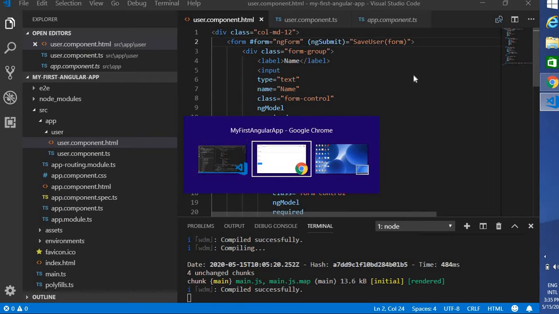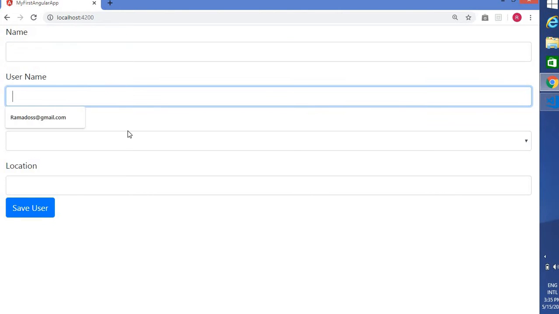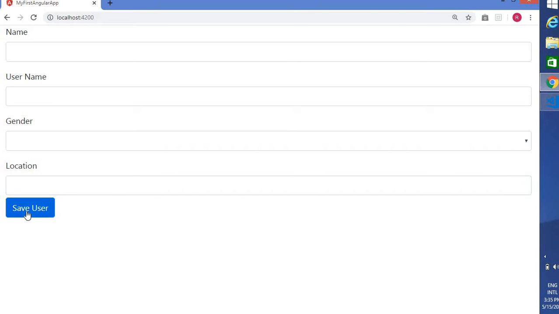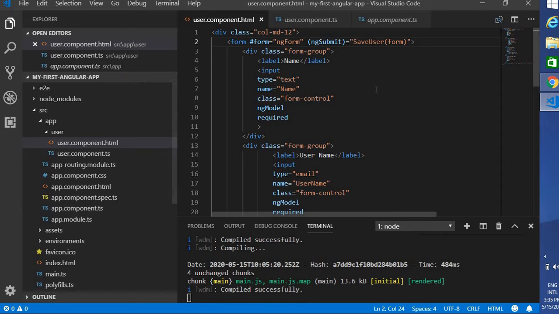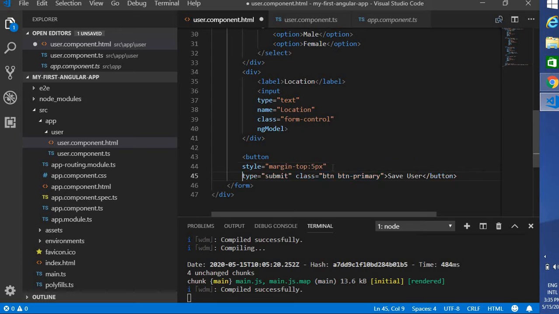Okay, but if you go and see the UI, it won't impact anything because we set it, but it still allows us to save it. So first, when the form is invalid, I don't want to enable the save button. To do that, let's go to our button. Let me make it in readable form. Okay, so I'm going to apply a disabled property.